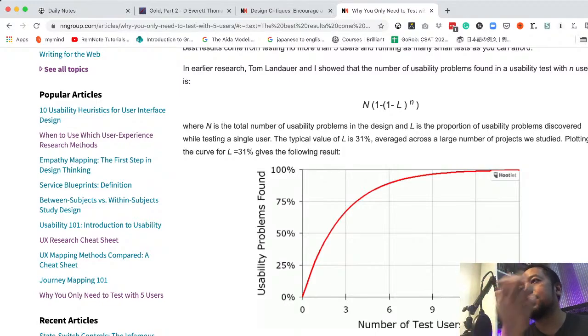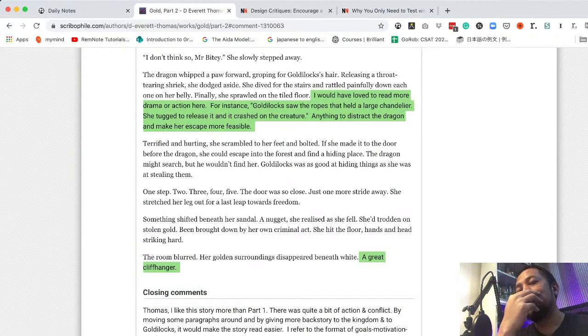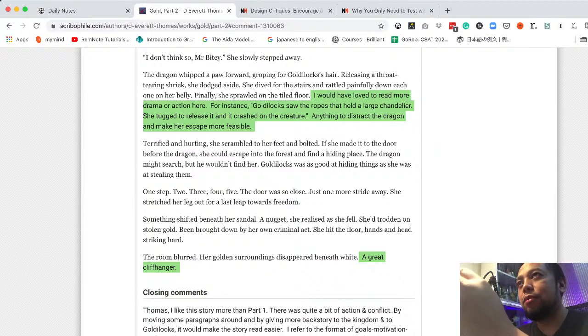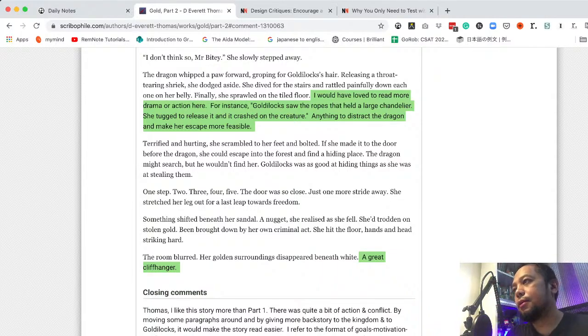That's how this works. And you would apply the same thing when you're writing. If at least 3 people identify the same problem in your written work, then you can be sure that there is a problem in that aspect of that written work. Going back now, I had gone